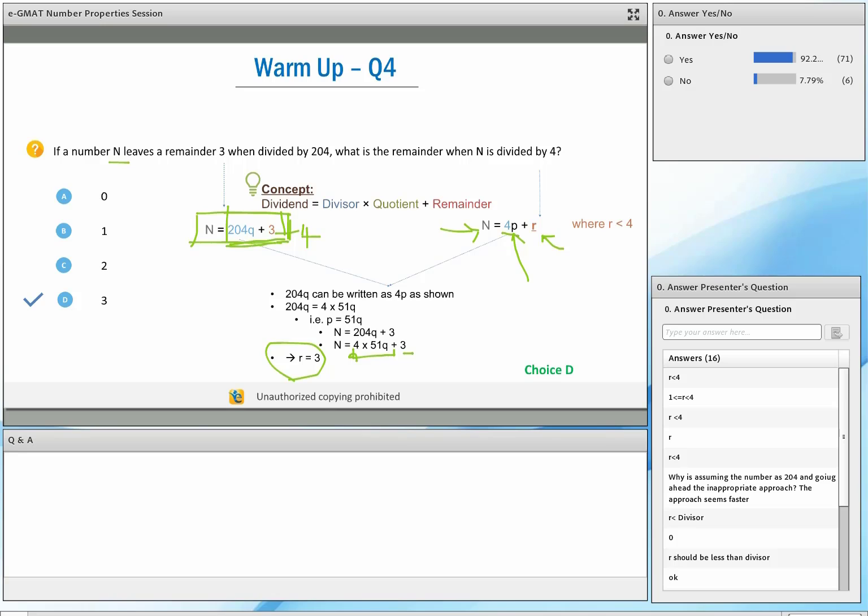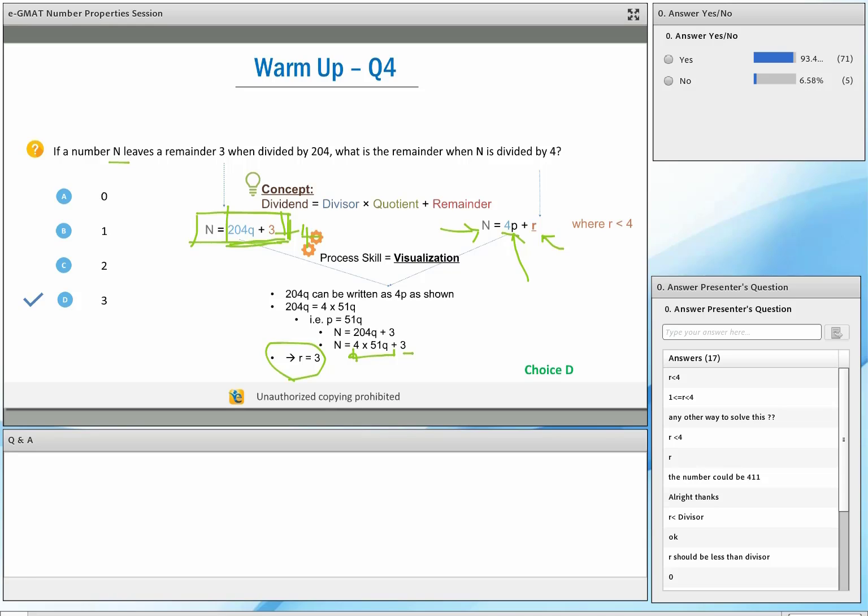You could have done that, but as you go along in this session and as the numbers get more difficult, you will see that that approach is not going to help you solve difficult questions correctly. That's another thing which is very important for you to realize when you're learning things on your own. On easier questions, you can do number substitution. But to solve difficult questions correctly, you need a structured approach, which is what we are talking about here. Okay? All right, so now let's move forward to the next question.